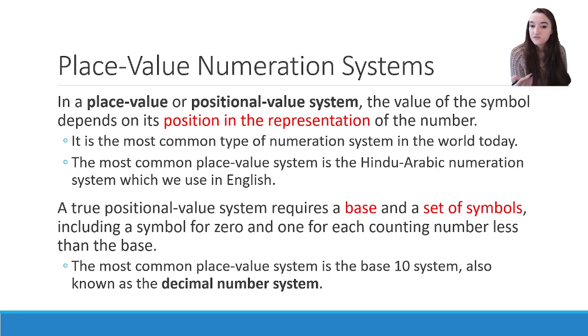The most common place value system is the base 10 system, also known as the decimal number system. Our system is a base 10 system because we have our ones position, our tens position, our hundreds, our thousands, our 10,000, each a power of 10, the base. And we have a symbol for 0 and a symbol up through 9. But